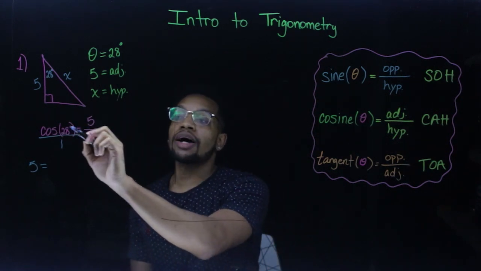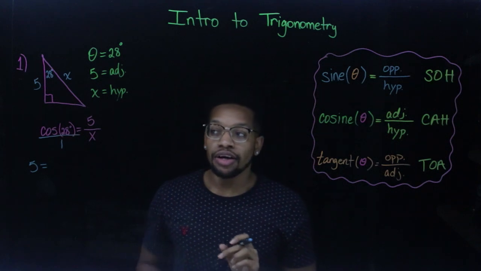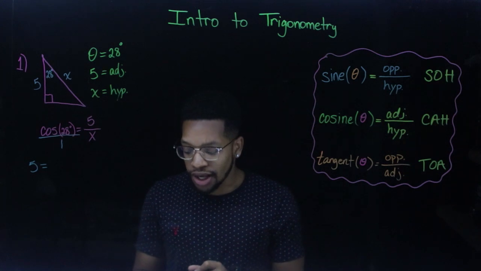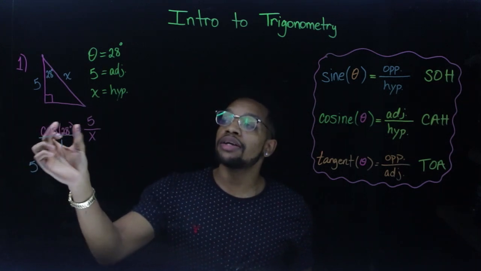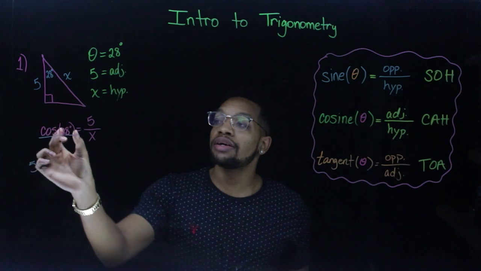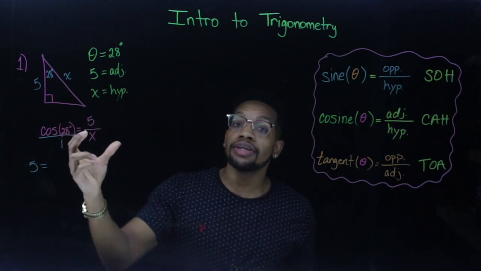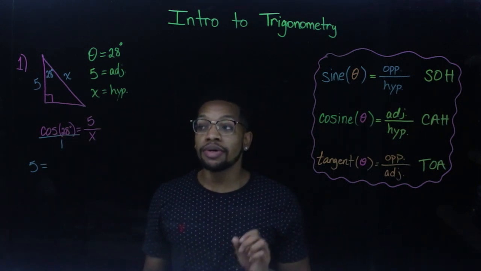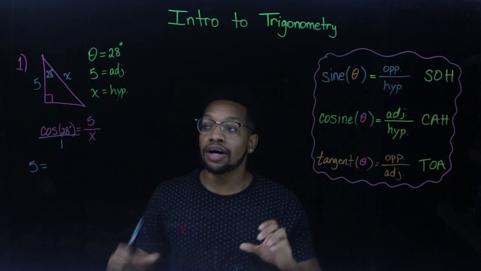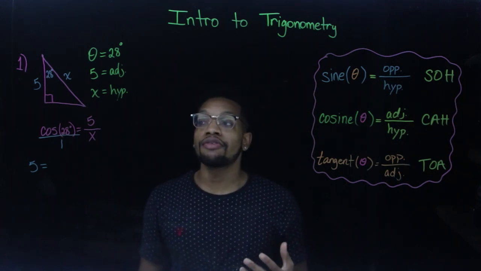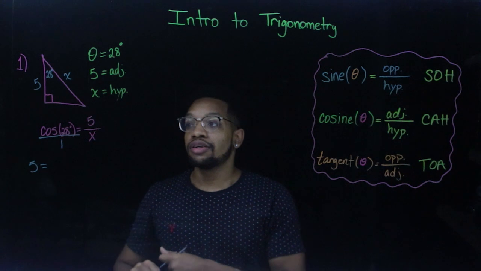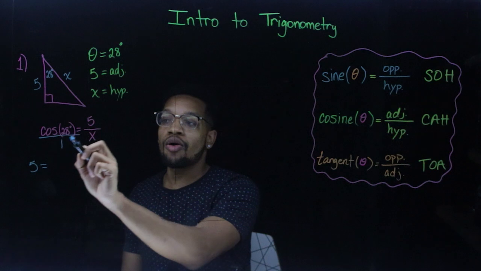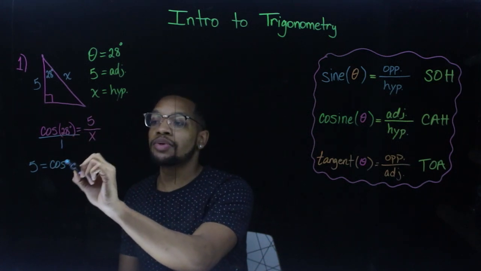When a lot of people cross multiply right here, they just wanna say 28 times x. You can't neglect the fact that there's a cosine right there, because if you think about it, like I said from the beginning of the video, cosine is just a function. So when you take the cosine of 28 degrees as your input, that's gonna give you a specific output, which is far different from 28. If you don't believe me, go on your calculator and type in cosine 28 and just watch how far off that is from actual 28. So I say all that to say, don't just put what's in parentheses, but do the whole entire cosine of 28